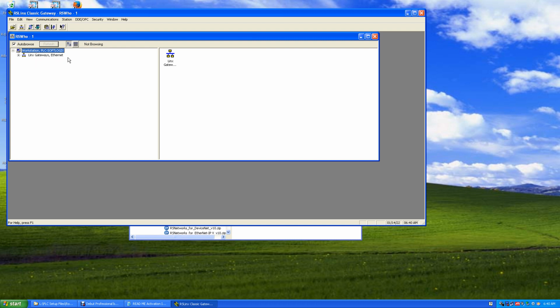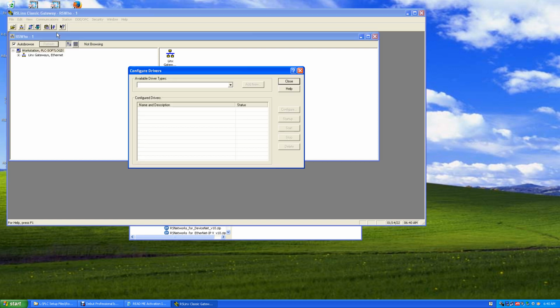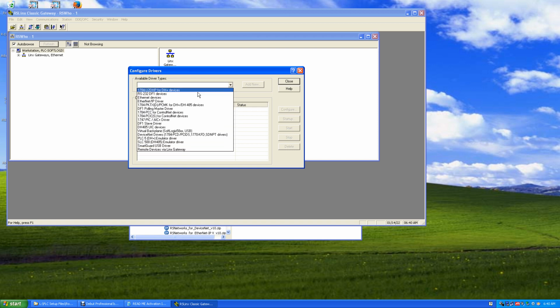That nothing is there. We have to configure drivers, and we can do this with this little cord. This little cord that plugs in here. We can click on that to configure our drivers. Or we can go to communications, click on it, and then come down to configure drivers. Okay, we have a drop down box right here. We drop this down and we'll see an